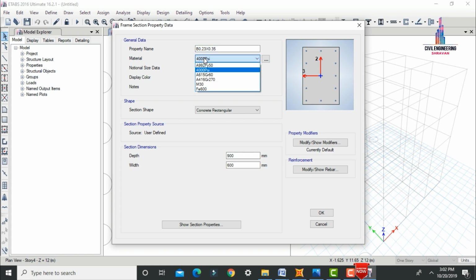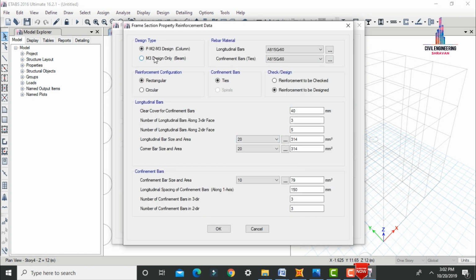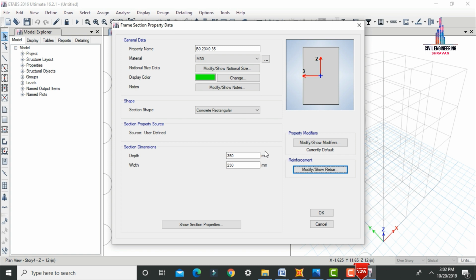Select material as M30 grade. I am selecting the depth as 350 and the width as 230. Then select Modify Show Rebar, select reinforcement as beam, and click on OK. Again click on OK for this section.